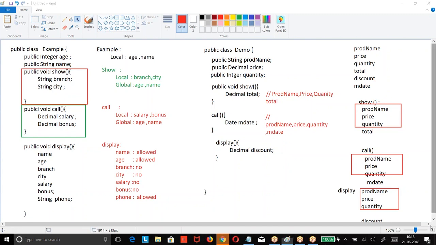Right. I hope you are good with these examples. Sir, I have a